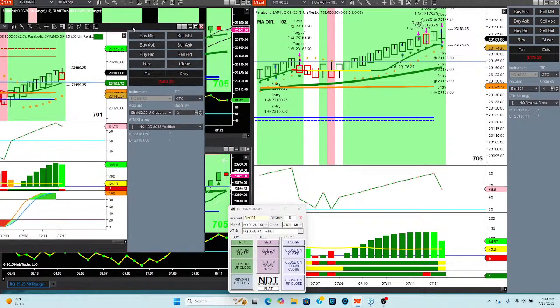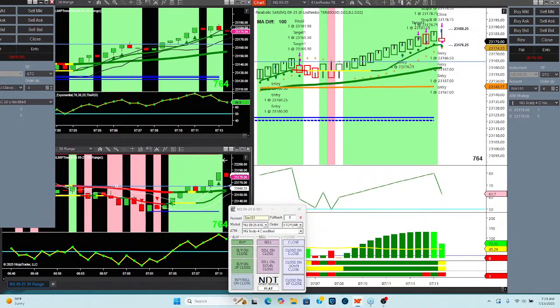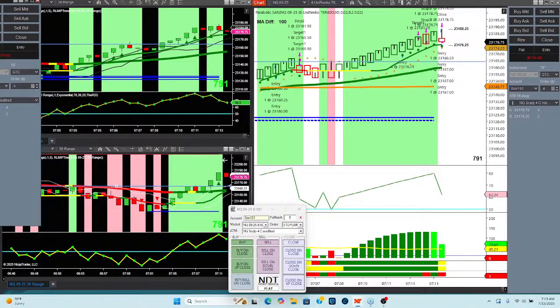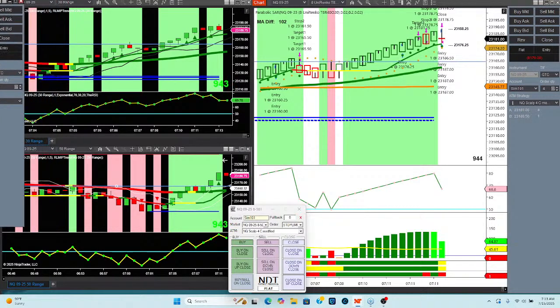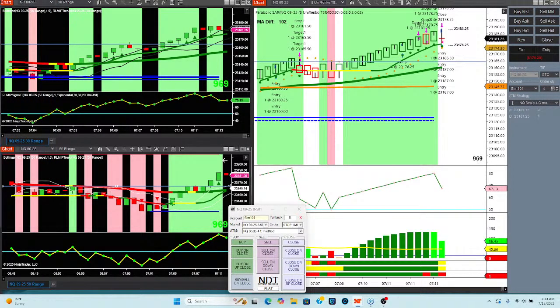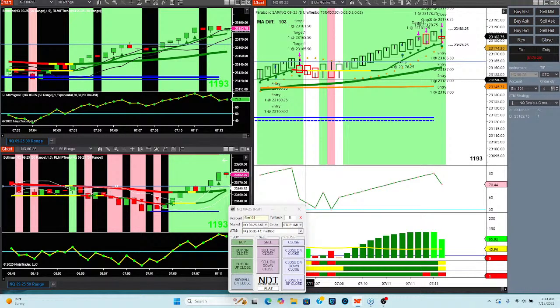Stop filled. Okay, that made $500 after a little bit of a loss earlier. And that's still going up. I squeezed it. So I do like the 20 in Renko. Okay, sorry, I've got